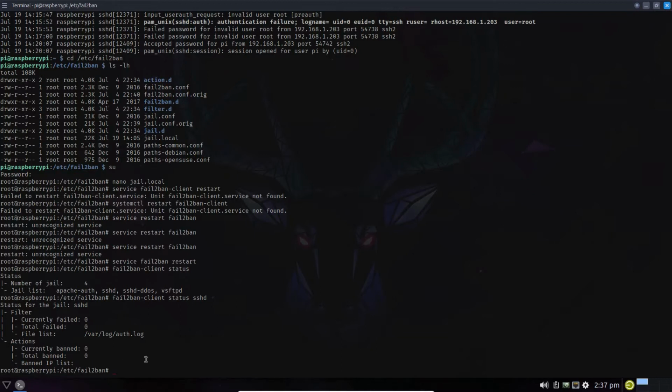I have run this before, and I had an IP address that I ran a traceroute on, located in India. Somebody tried to log into my SSH daemon server, and they tried 3 times unsuccessfully. They got banned, and their IP address was listed right here on the banned IP list. Okay, so this thing works really well. It runs 24 hours around the clock. I never turn my Raspberry Pi off. I never turn the servers off. So this thing is constantly monitoring